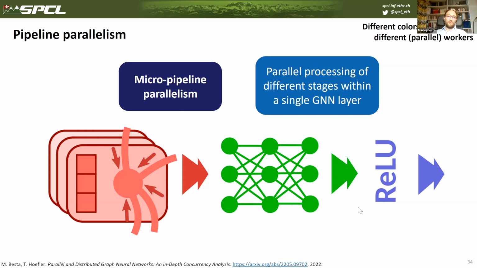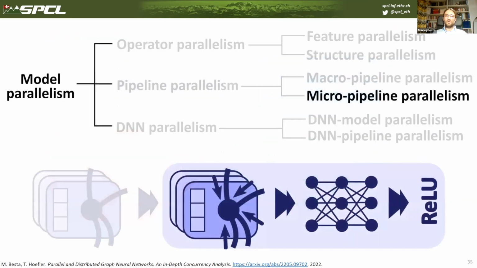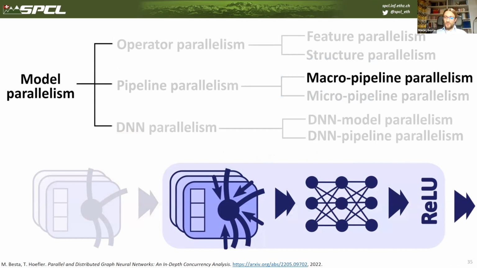So in this example, one worker would be assigned to process the graph convolutional layer. One would be assigned to process the whole MLP, the dense neural network part, and the final worker could be assigned to process the nonlinearity, the final stage of this GNN layer execution. It's also a reasonably fine-grained parallelization routine, but we can also now apply a more coarse-grained parallel approach, which is